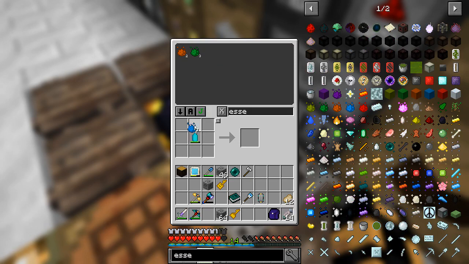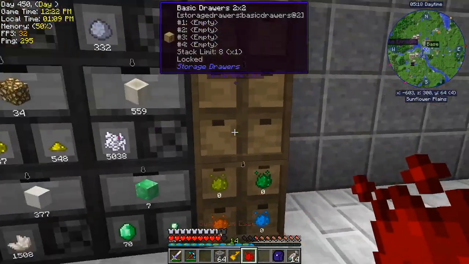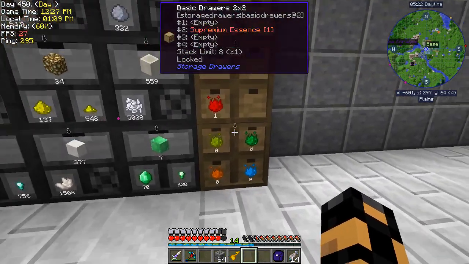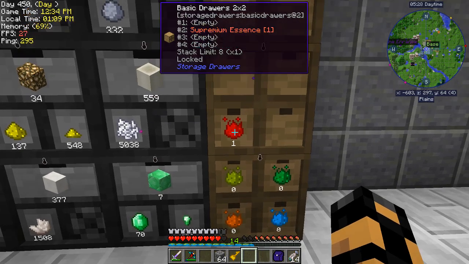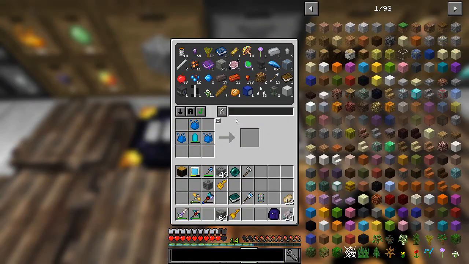I think there might be one more after this. Yes. This is the supremium essence that we are going to want. That can go right there. And you can see I started off with what looked like healthy amounts of that inferium essence. And with all of it, I was able to get one supremium essence. So I think what I want to do is